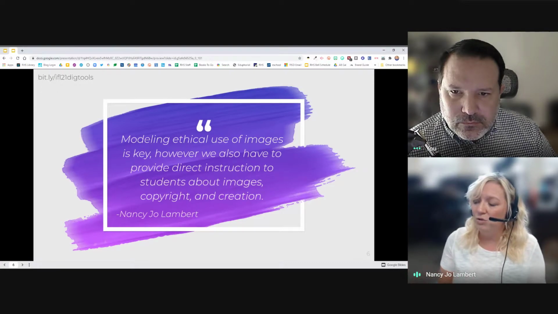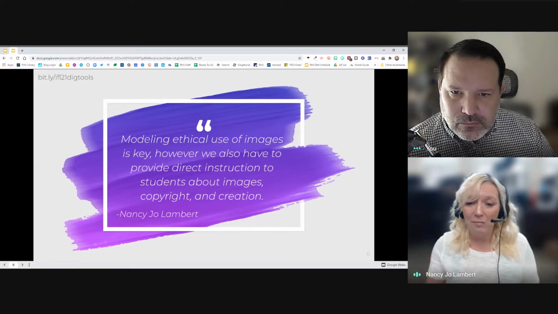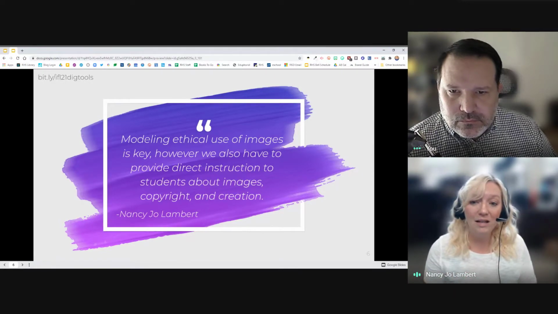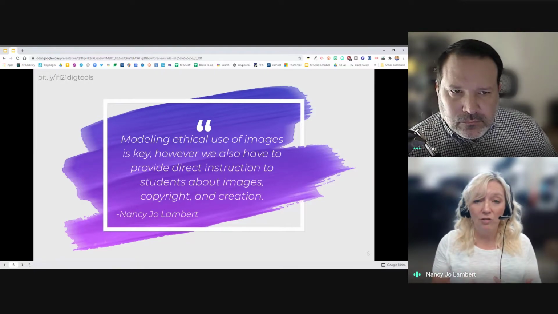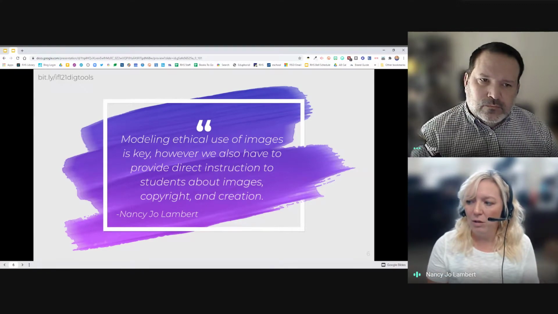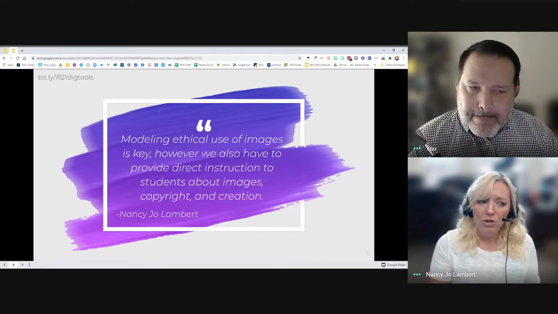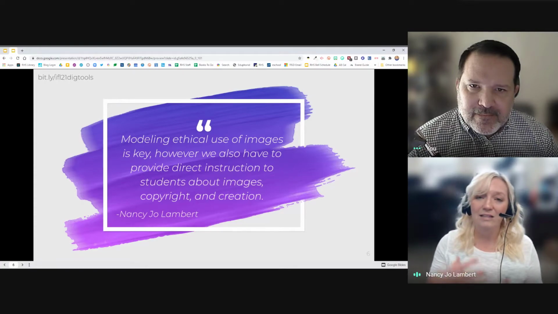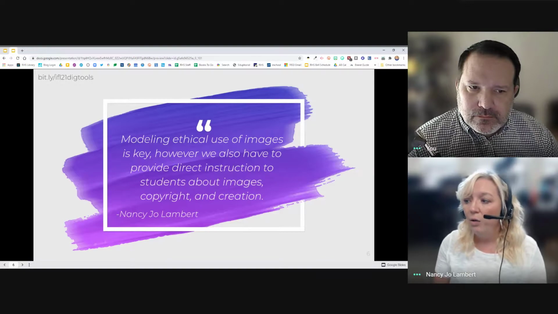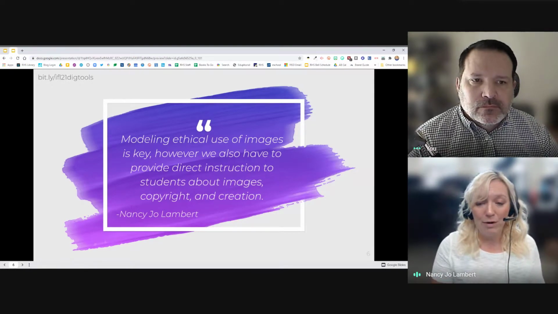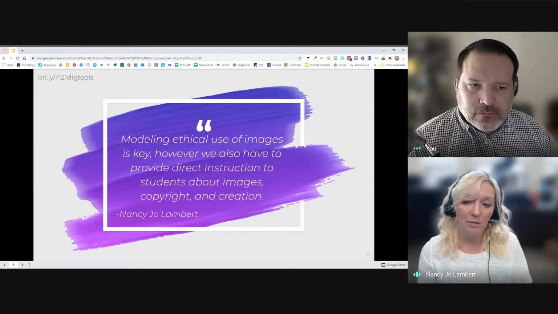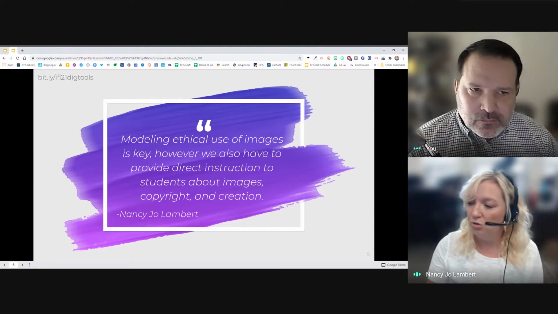And so we want to model that you wouldn't want somebody to come and take your stuff and use it without your permission and change it or make it into something that's not representative of you or your work or your person. So that's why we feel it's really important as educators that when we're creating images for all these virtual and online things that we're doing, we always model the best practices and do our best to use things that are Creative Commons License 0 or that we have permission to use.